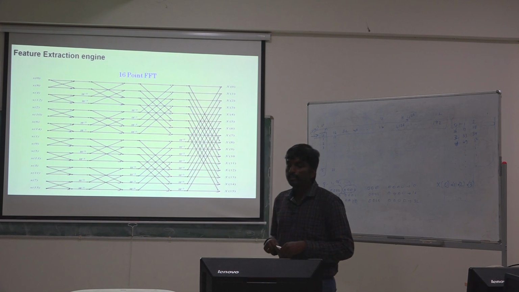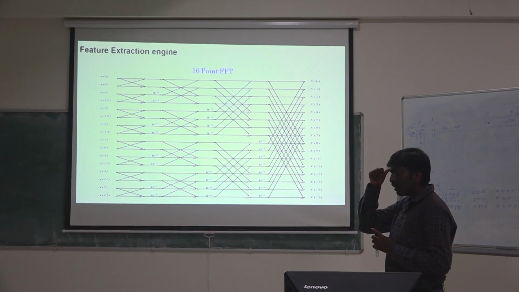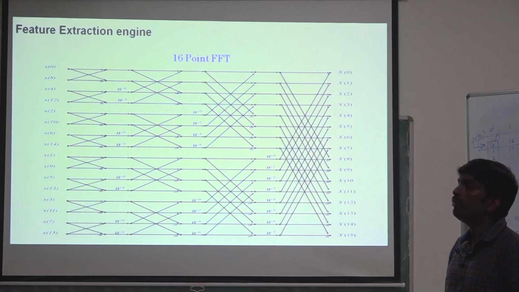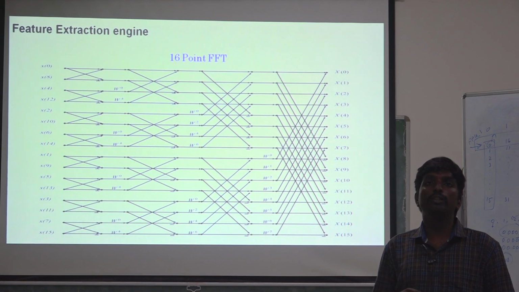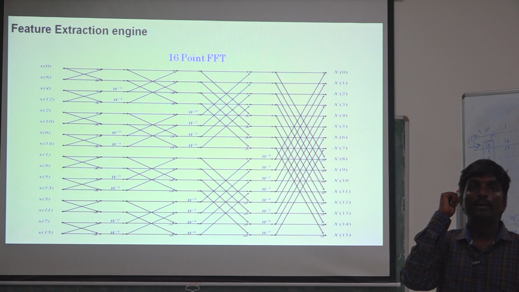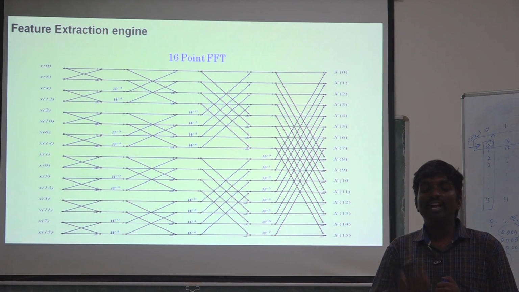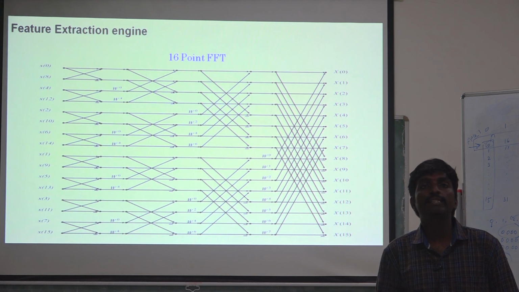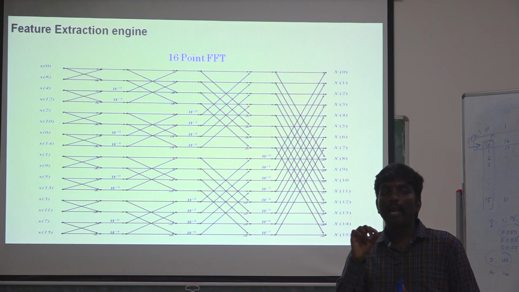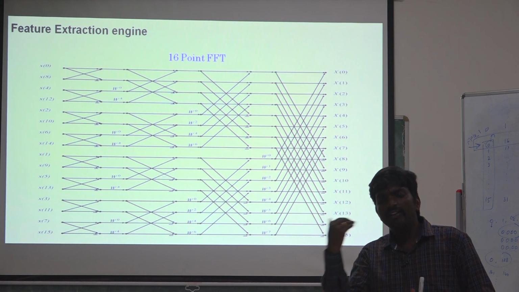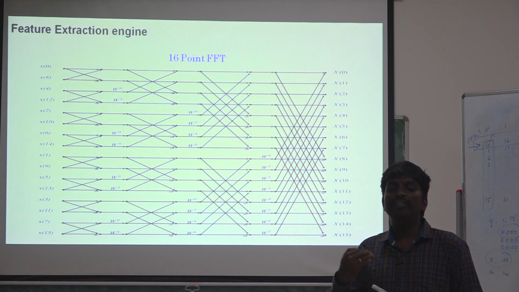So this is actually the DIT, decimation in time, for the FFT 16. Why we choose decimation in time is that we can easily get the in-order output signals. Why we try to get in-order output signals is that we can easily compute only the A plus B function for the last stage. In the butterfly, we have A plus B into Wn and A minus B into Wn for the DIT structure. So we can avoid the A minus B into Wn computation for the last stage butterfly, so that we can optimize half of the subtractor.